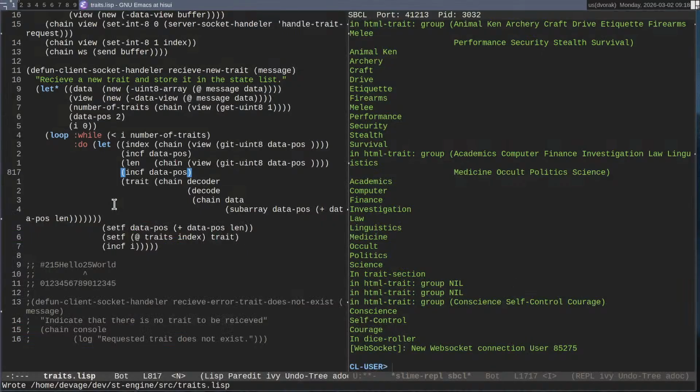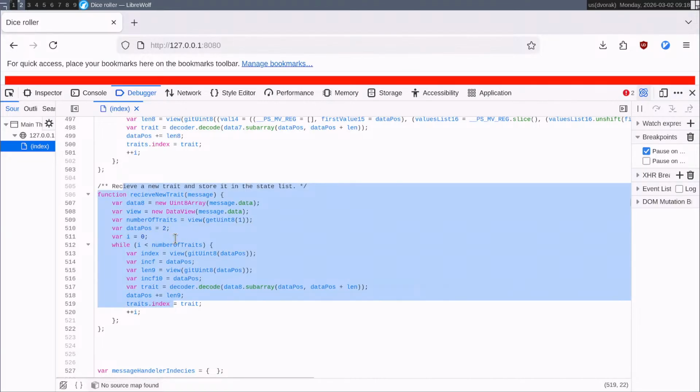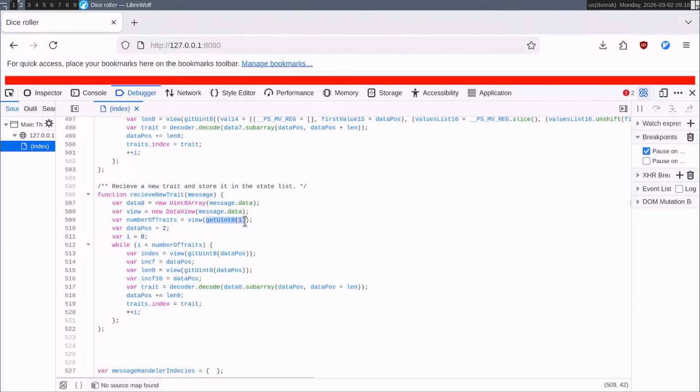It's data 8. We're getting the number of traits as the first, so a message starts with the callback it wants it to call, this one, and then the number of traits that it's receiving, because it can receive more than one trait.